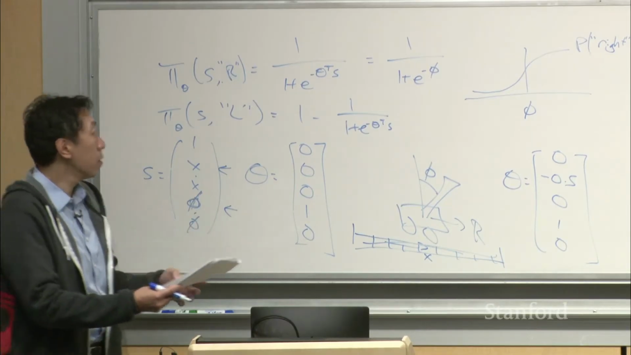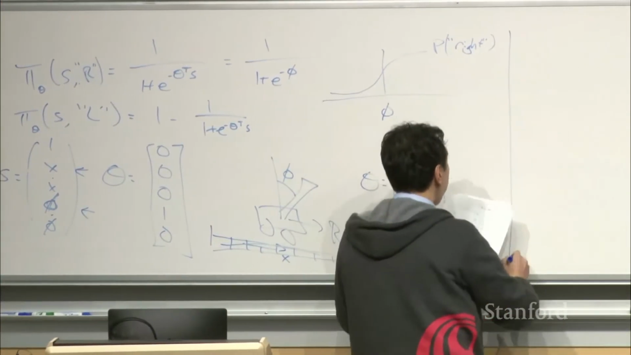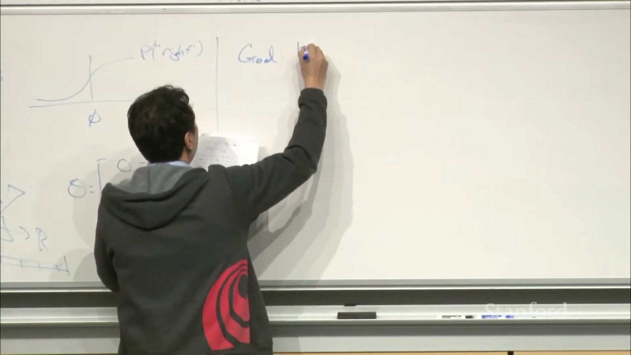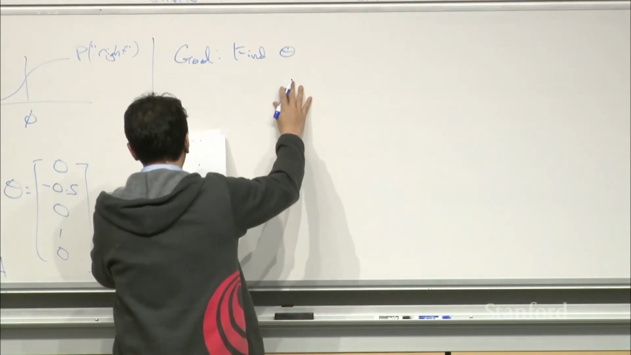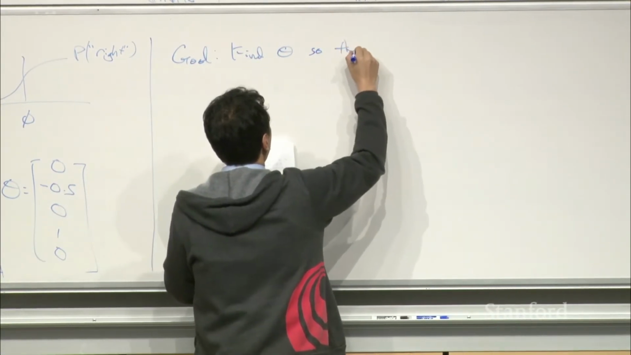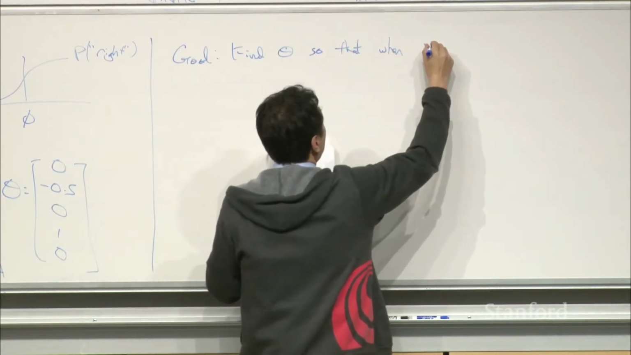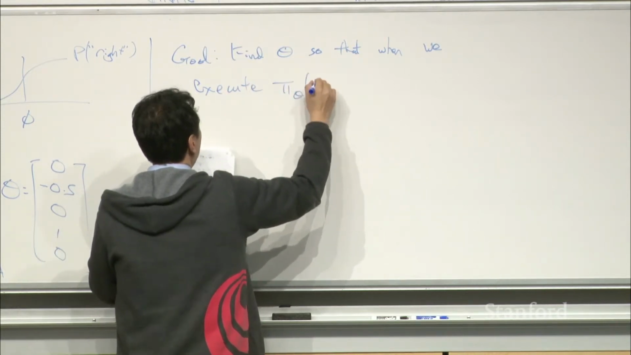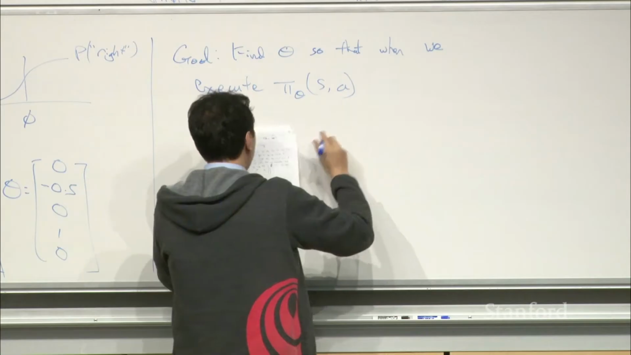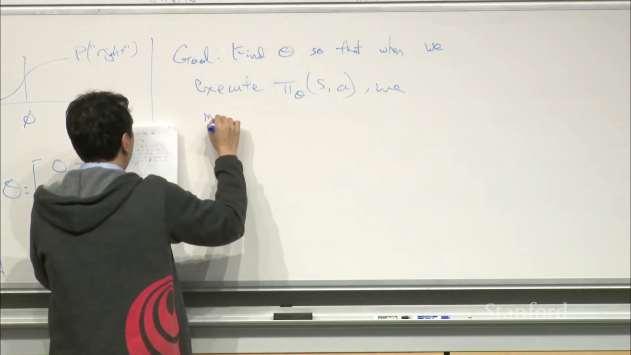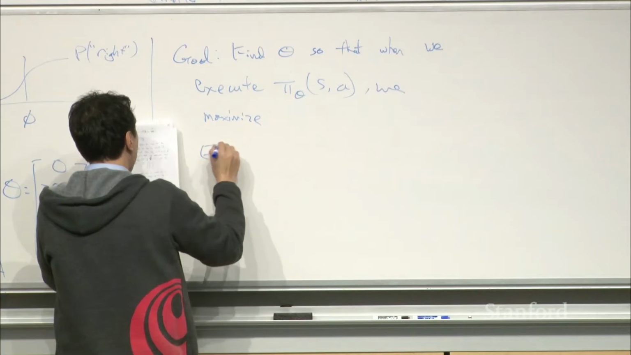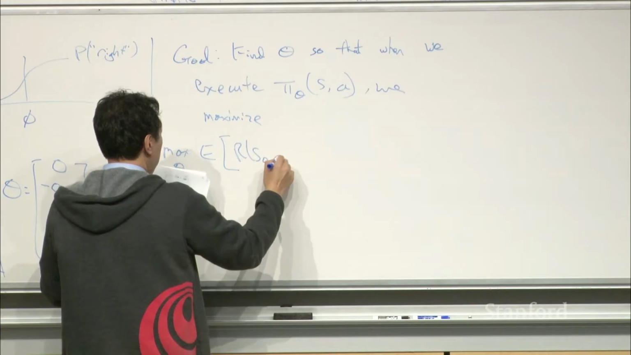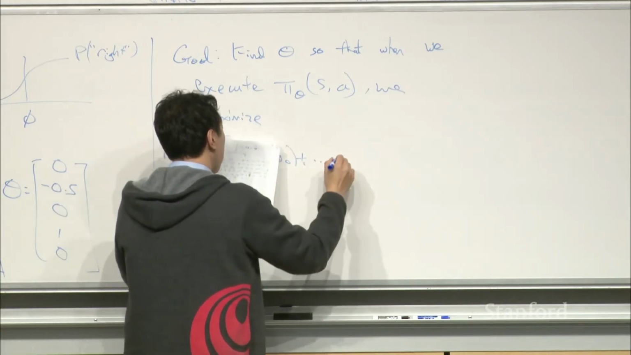So our goal is to find parameters theta so that when we execute pi of S, A, we maximize, well, max over theta, the expected value of R of S0, A0 plus dot, dot, dot, plus